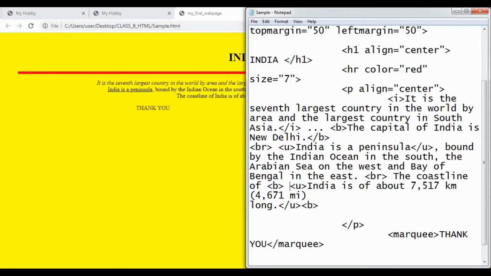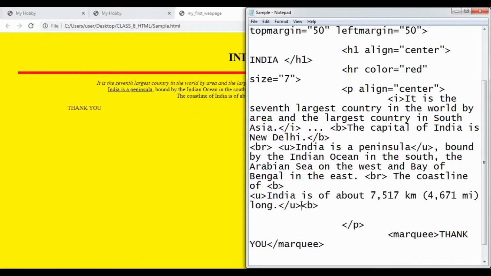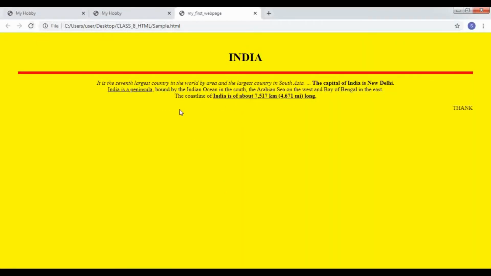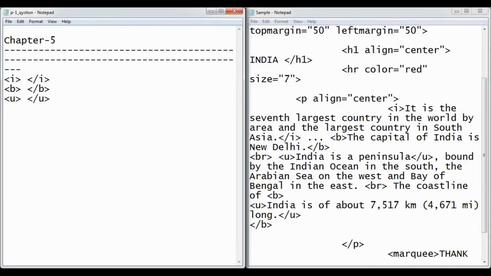See, bold tag open, then underline open, underline close and bold close. Now I'll save it. So you see I will be using 2 tags together, bold and underline. See, this part, it's appearing in bold and it is underlined as well. So this is how you will apply the italic tag, that is I, underline U and bold B. Now let us learn the next set of tags, that is strike.